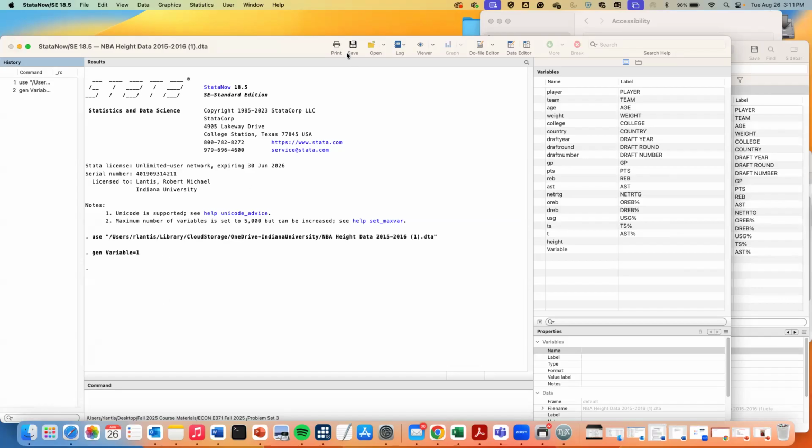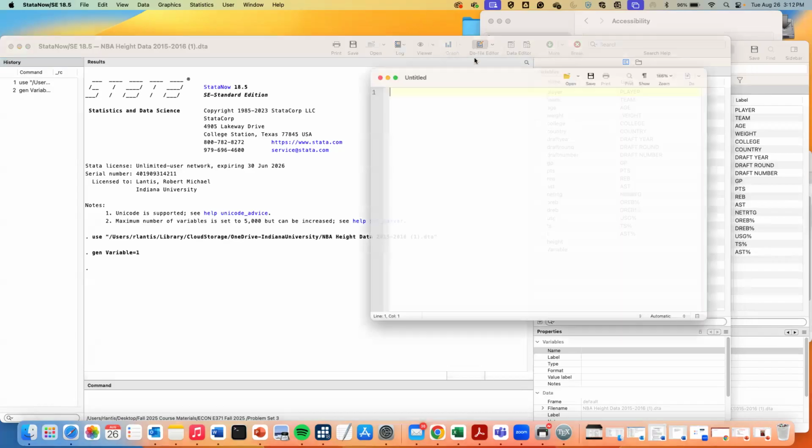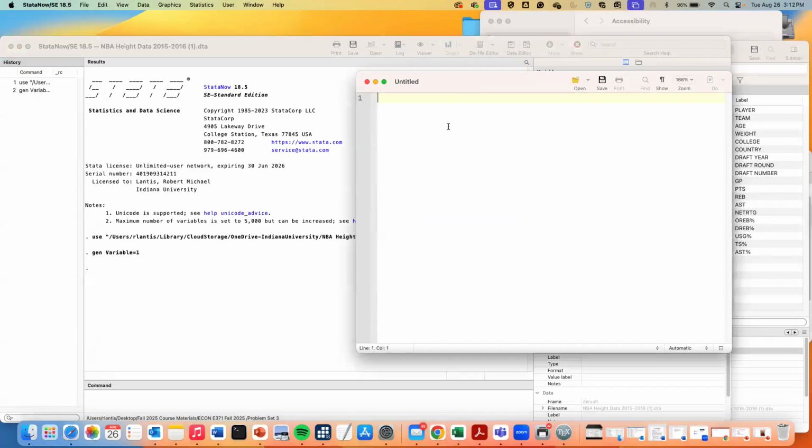You'll go up here, and where it says, so here we've got a little notepad with a pencil. If you click down, you want to do this new do file editor. If you just click on the icon, it'll pop up a third window. This is almost like a Word document. This is where you're going to type all of your commands and then be able to save them. So when I typed this in, I can't save that anywhere, but what I can do